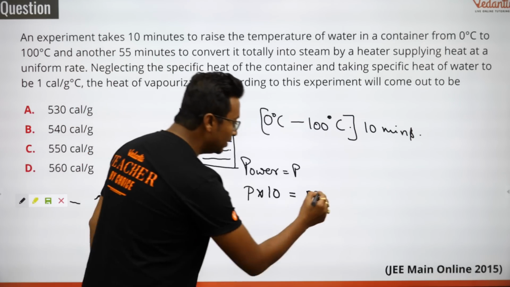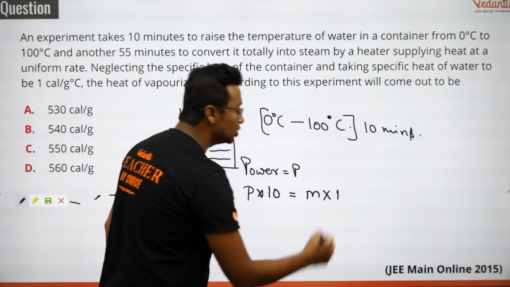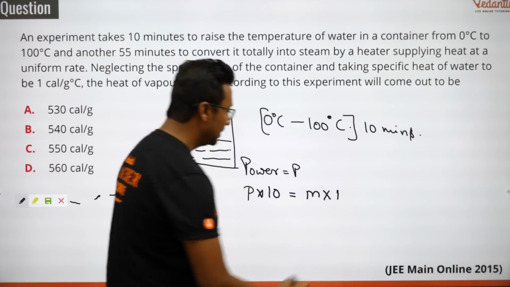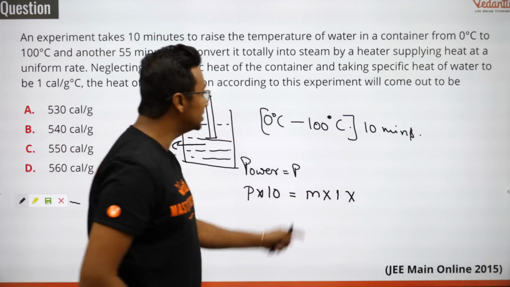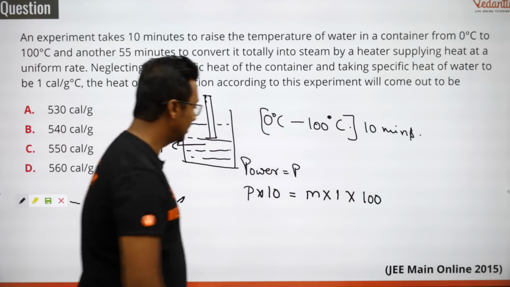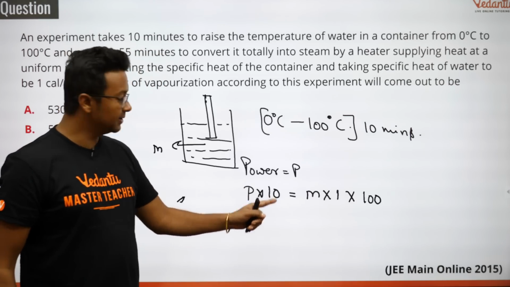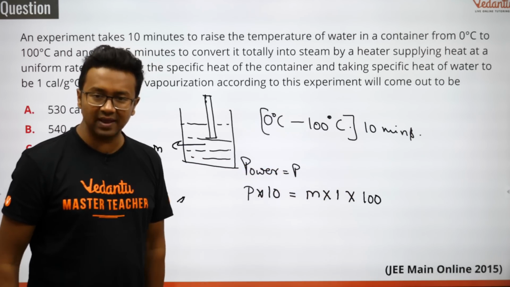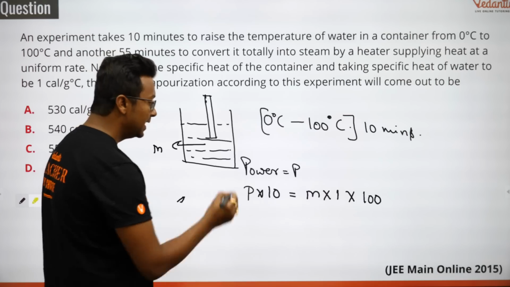We know its specific heat capacity is how much? 1 calorie per gram per degree centigrade. Into how much is the change in temperature? 100. Right? So power into 10 is equal to m c delta T. That is what we have applied here. Alright. Next,